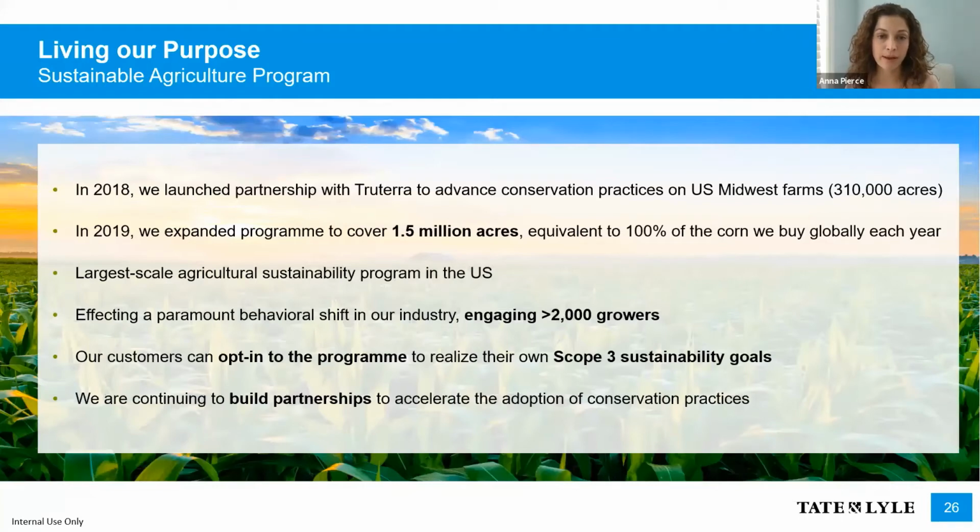They can partner with us at varying levels of engagement to not only get the data to demonstrate progress against their Scope 3 targets, but also help support the growers in their own sustainability journeys and provide support to them as they're working to lessen their environmental footprint. So if we move on to the next slide,